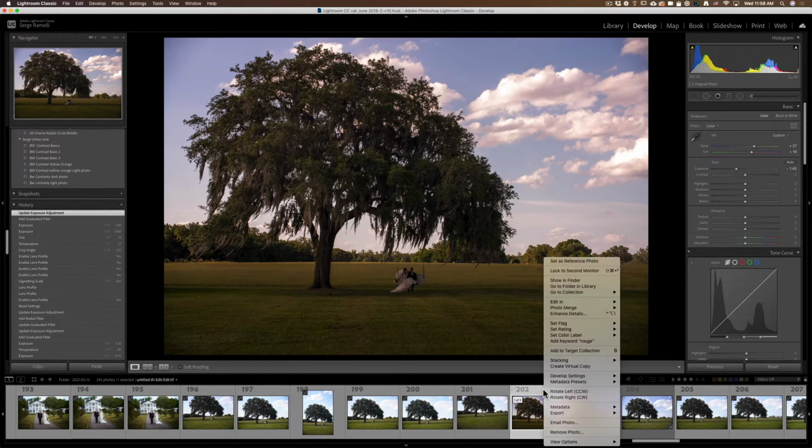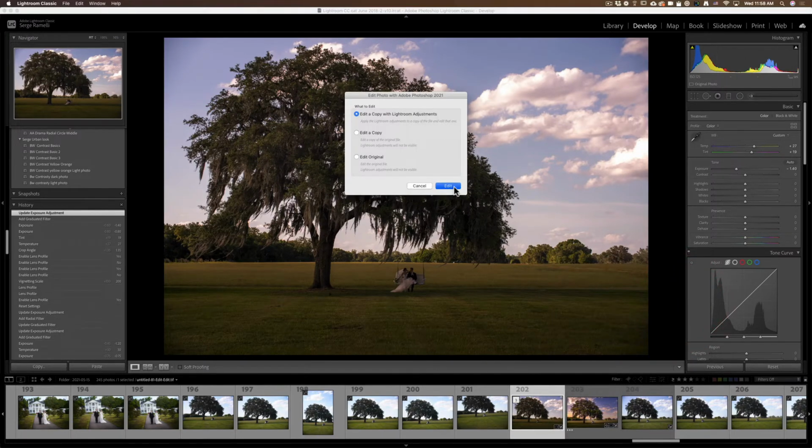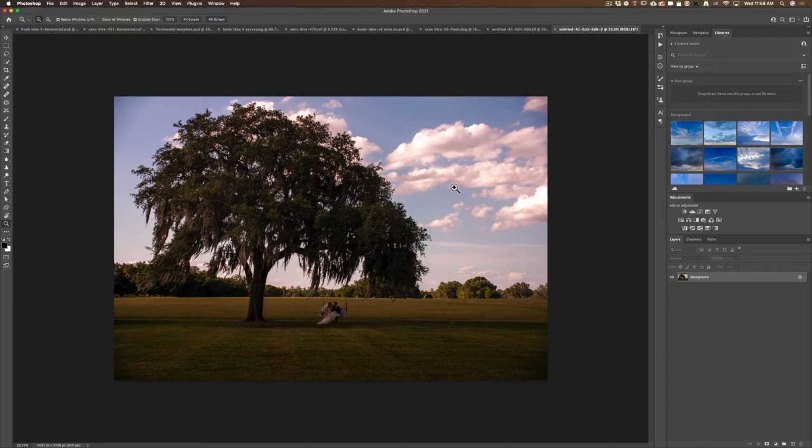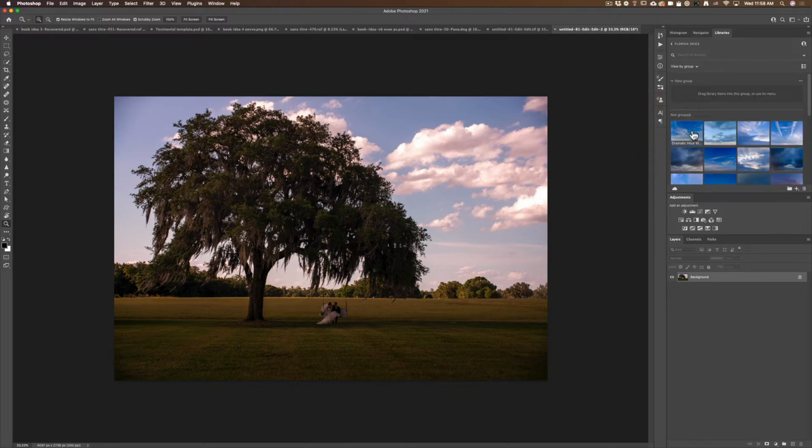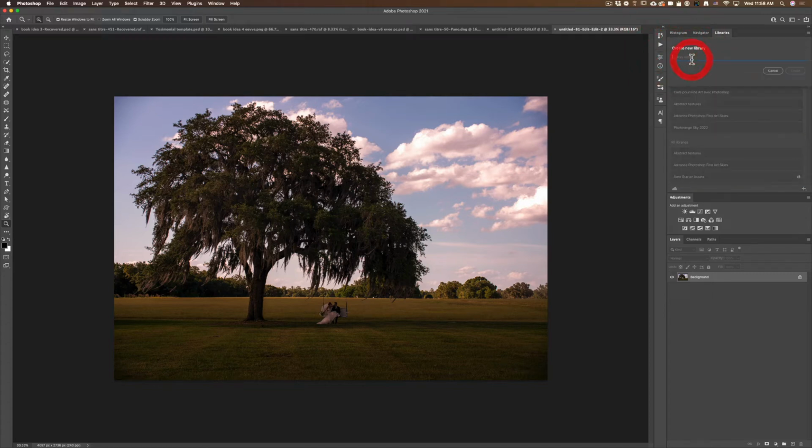Then I'm gonna go edit in Adobe Photoshop 2021, and I'll show you two ways to do this. First of all, I'm gonna put all the Florida sky that I have into this library called Florida Sky. So I already have a whole bunch of sky that I brought in that way. And the way you do that, let me start over. I'm actually gonna start over, as you can see. I'm gonna create a new library. I'm gonna call it Florida Sky Tutorial